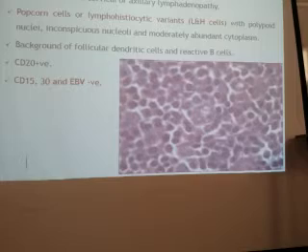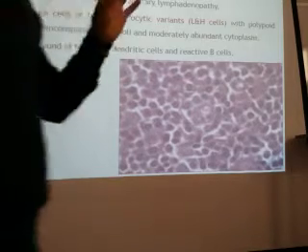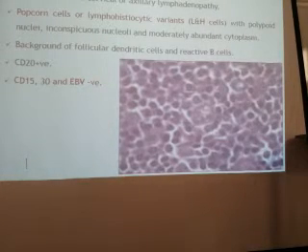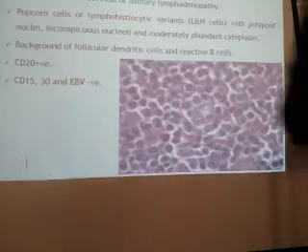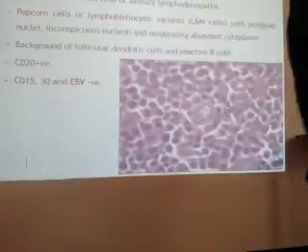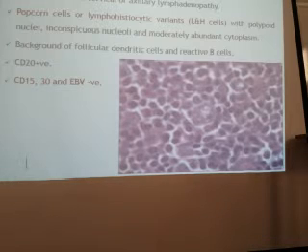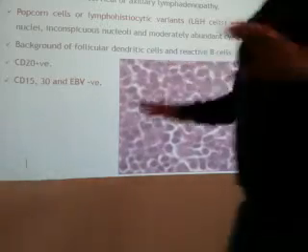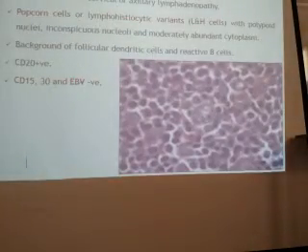Now, to summarize Hodgkin lymphoma. Classical and lymphocyte predominant, two types are there. All the classical are positive for CD15 and CD30. Lymphocyte predominant is negative for these. And also the lymphocyte predominant is negative for EBV. But the others are positive, excepting the nodular sclerosis, which is totally negative. And totally positive is lymphocyte depleted. And in the lymphocyte predominant, what is the marker you will use? CD20. Very good. So, in nodular sclerosis, you have the lacunar variant of the RS cell, and in the predominant, you have the popcorn type of cell. So this finishes the Hodgkin's. Is it clear?